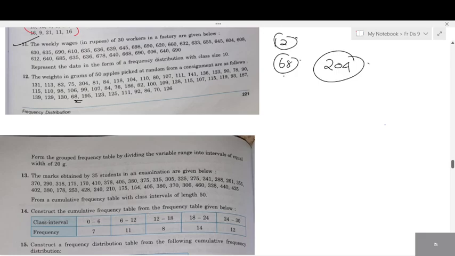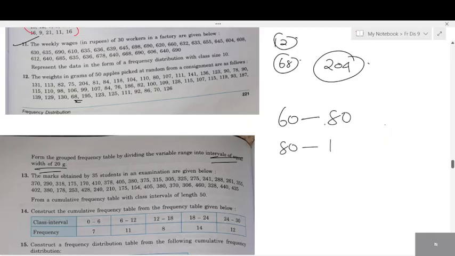How will you start the value? Will you start from 70 or 60? 60. And what is the class interval you have to give? What is the interval size here? 20. So 60 to what? 80. Next, 80 to